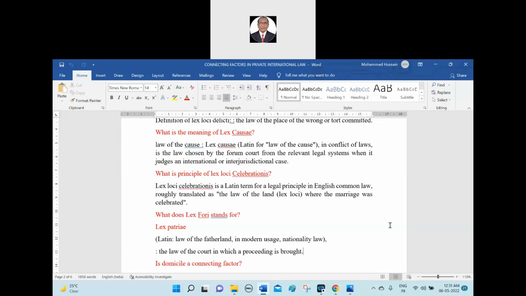Domicile mainly comes up because at any time the class can be stopped, as the time is up. I told you, when taxation is concerned, domicile plays an important role. Number two, when movable property is concerned for the common law countries, domicile plays a very important role. And I told you one case law. I don't know whether you remember it or not. When you have an intention to stay in a particular place permanently, then we can say